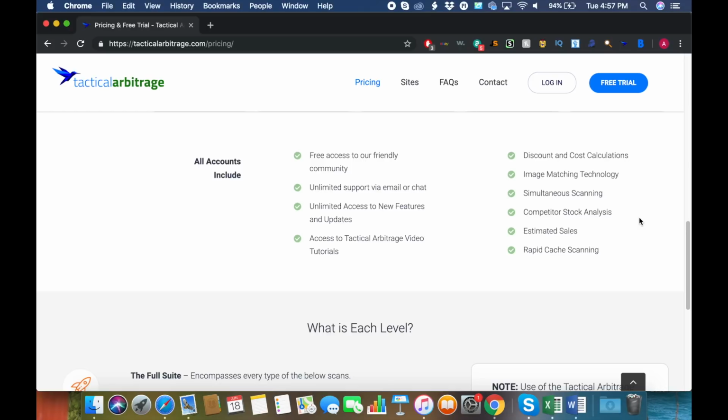And the other things that Tactical Arbitrage accounts include, it includes free access to the friendly community. So that's a Facebook group, which is awesome if you do have any questions. And once again, you can always ask questions in the comments below to me as well. If you do have any questions about how Tactical Arbitrage works or how you want to grow your Amazon FBA